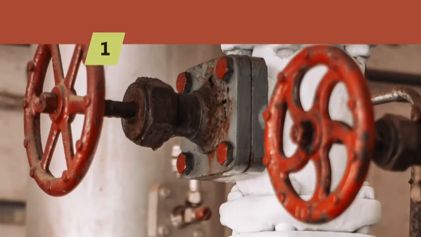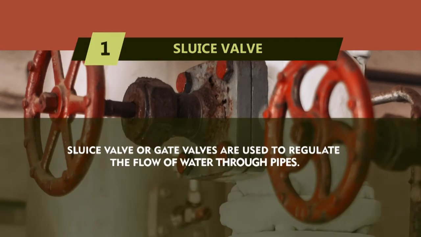What are sluice valves or gate valves? A sluice valve or a gate valve allows us to regulate the flow of water through a pipeline. These are commonly available in our own homes, right next to the water supply meter or right at the point of entry of water into our homes. These are also provided right next to any overhead water reservoir, and you can check them in your own homes.